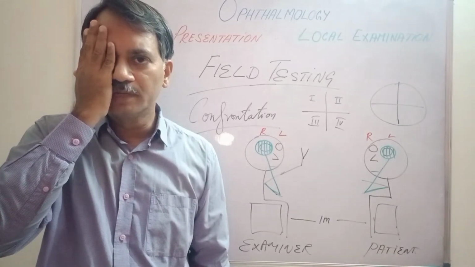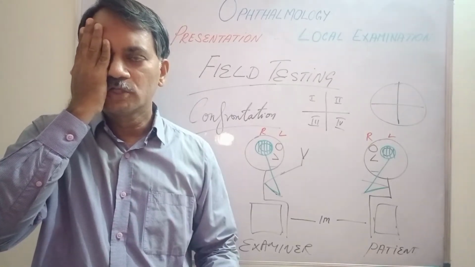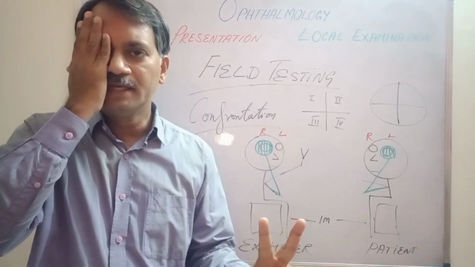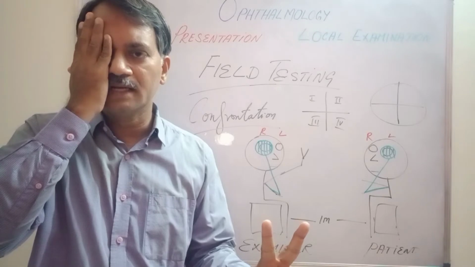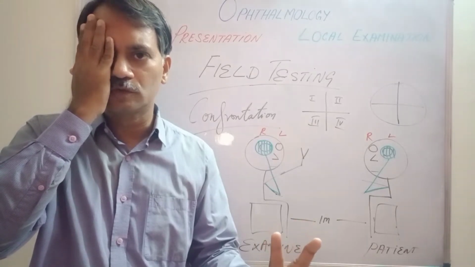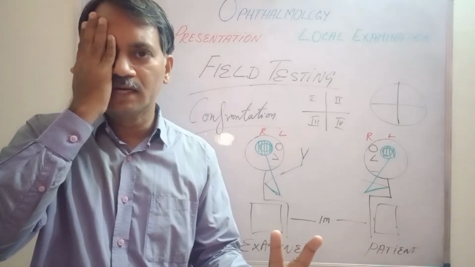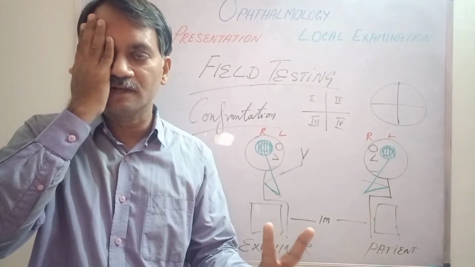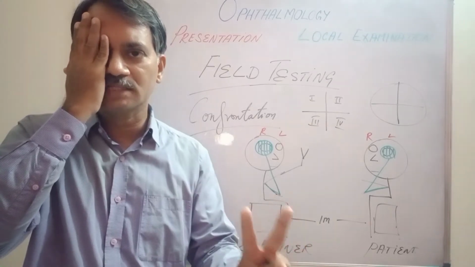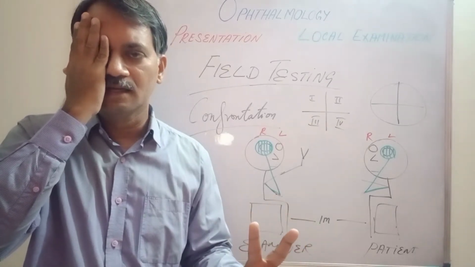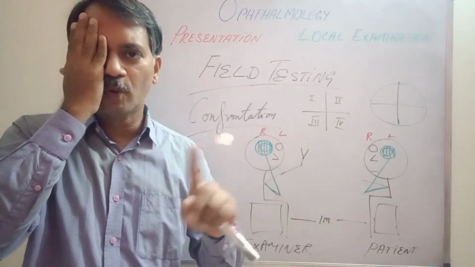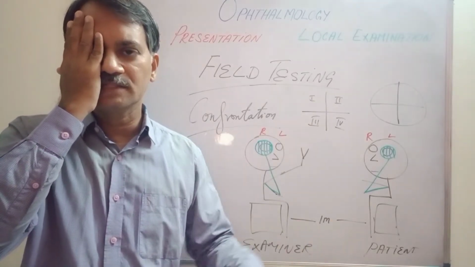Next, what you should do is, you should show fingers on the inferior quadrant on the outside and ask the patient to say how many fingers are shown. You should make sure the examiner himself is able to see these fingers. Then only you should ask the patient how many fingers are there. If the patient says there are 2 fingers, then this quadrant is said to be normal. Next we go to the other